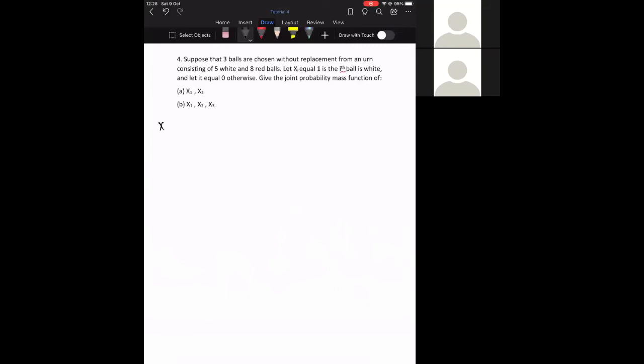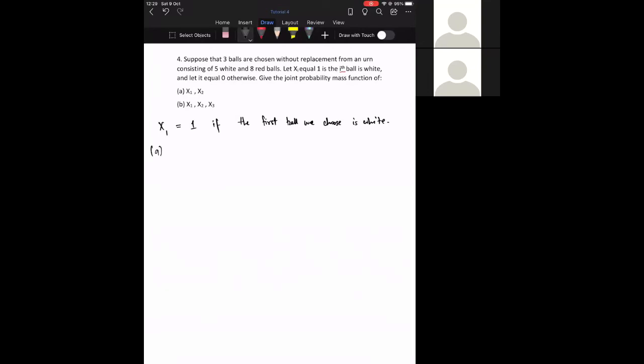So just to make this clear, x sub 1 is equal to 1 if the first ball we choose is white. And similarly, x sub 1 is equal to 0 if it's red or not white. So they ask us to find the joint probability mass functions of x1 and x2, and then x1, x2 and x3. Part A,